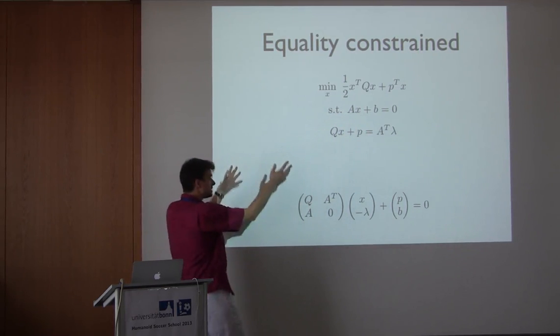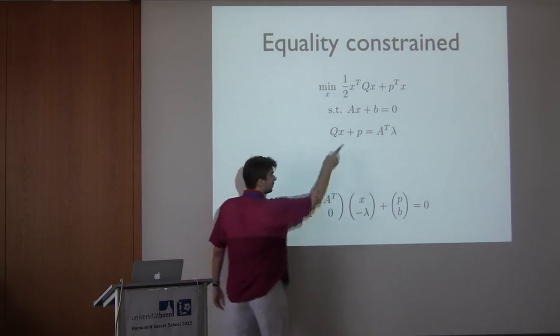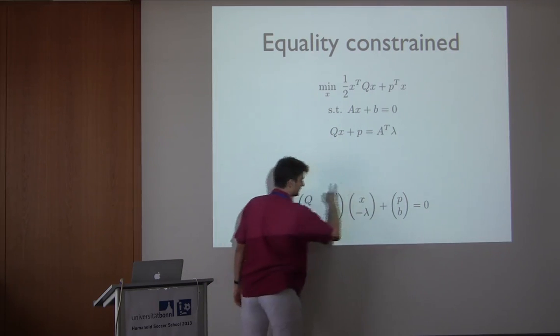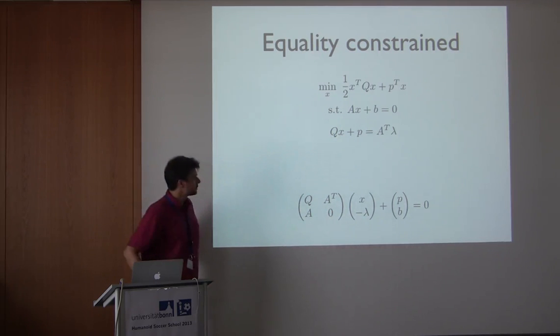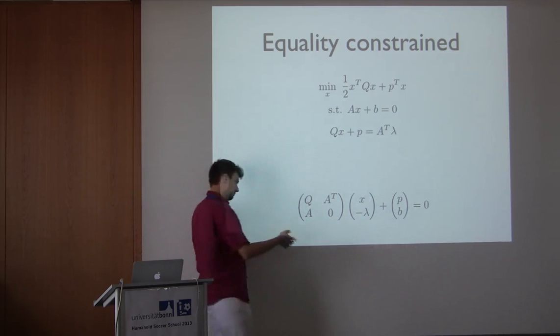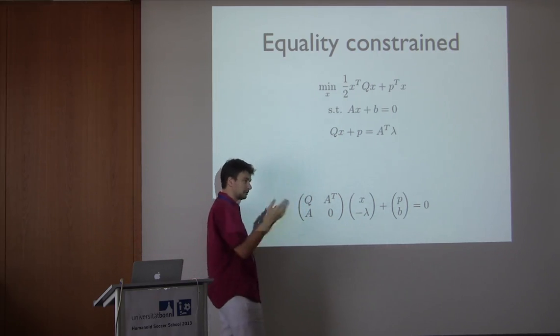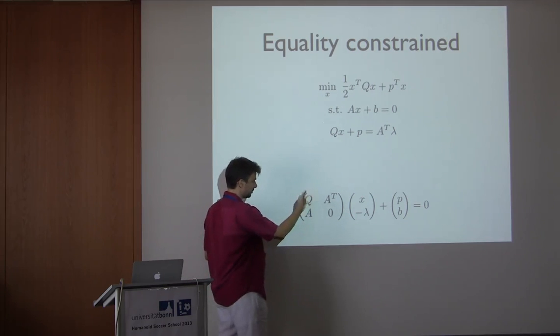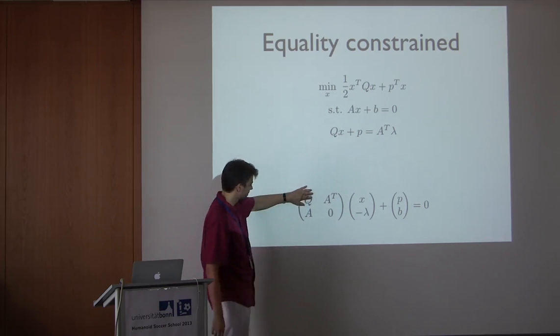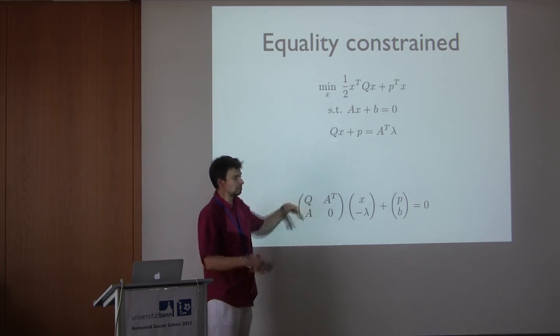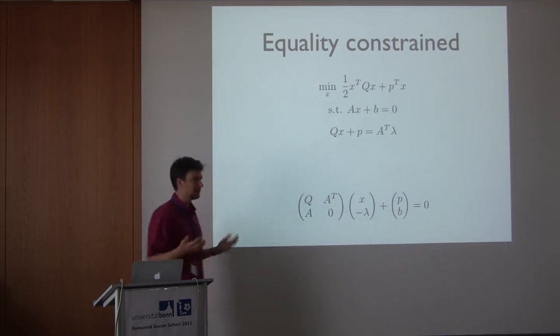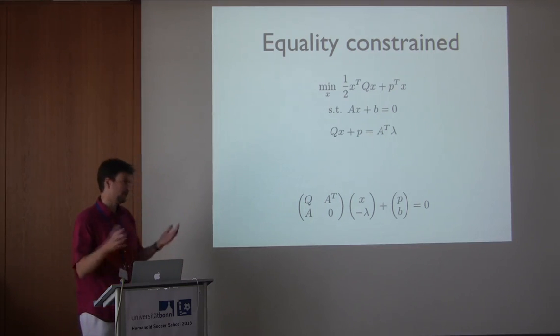You can rearrange this, you can just group those two equations in this way. And then you can prove that if your problem is convex, so if your matrix Q is invertible and nicely behaved, and if your constraints are nicely behaved as well, in the sense that they are full rank,